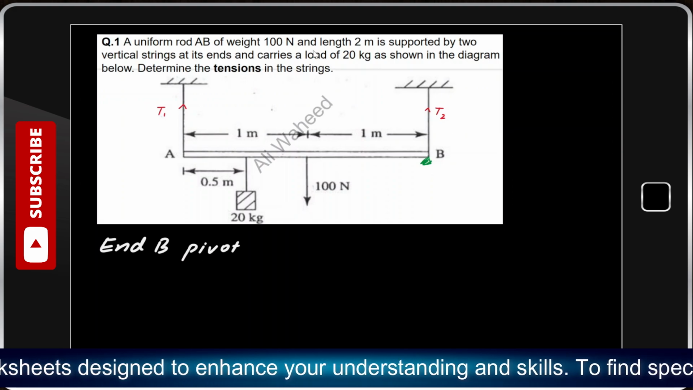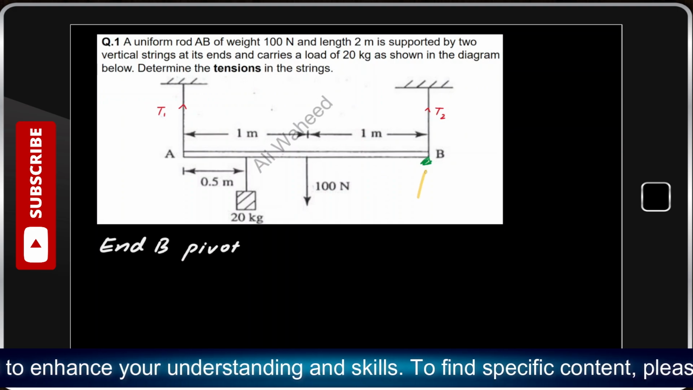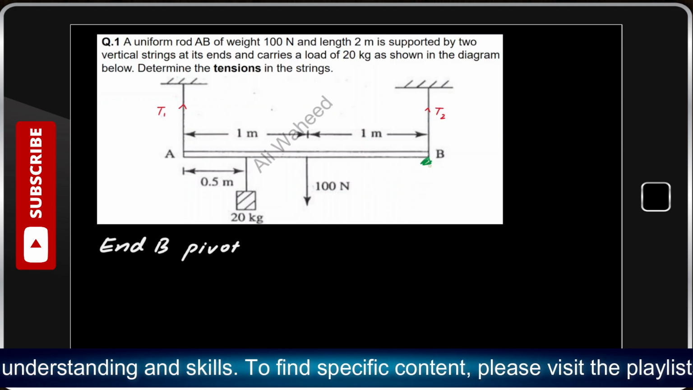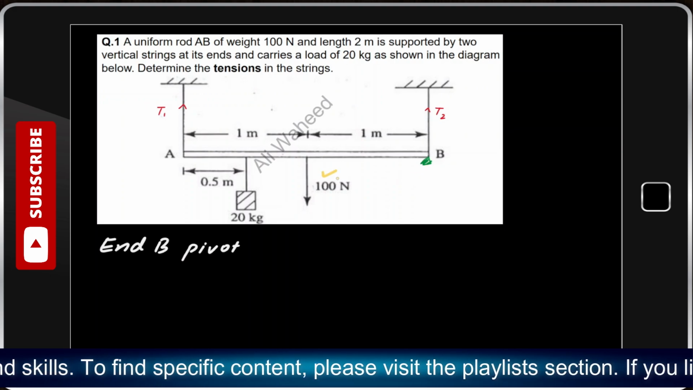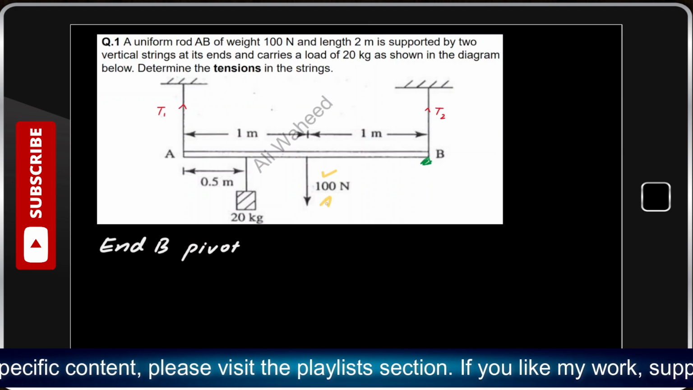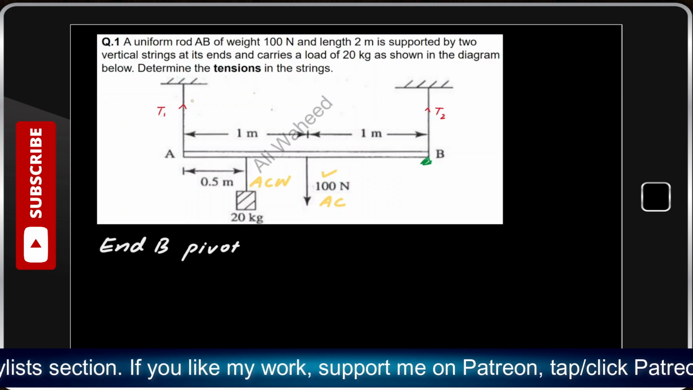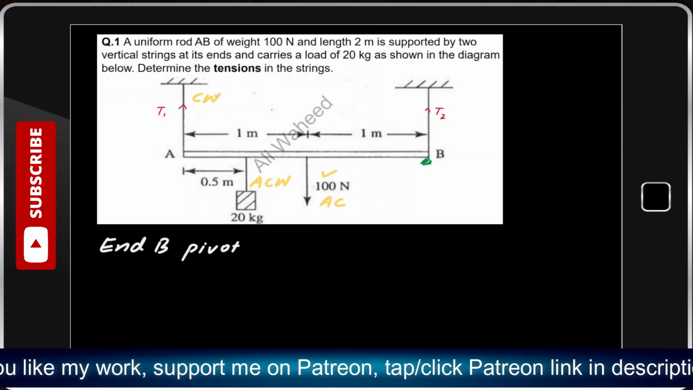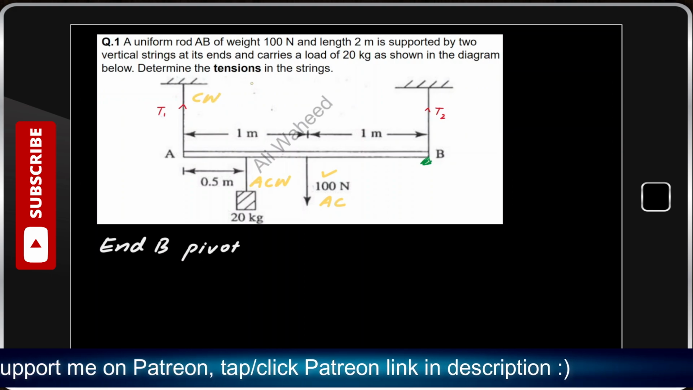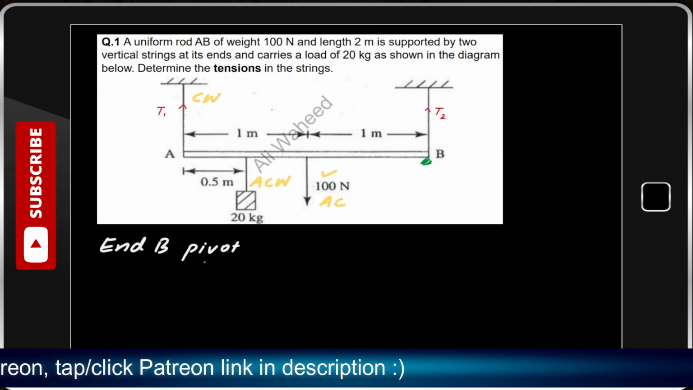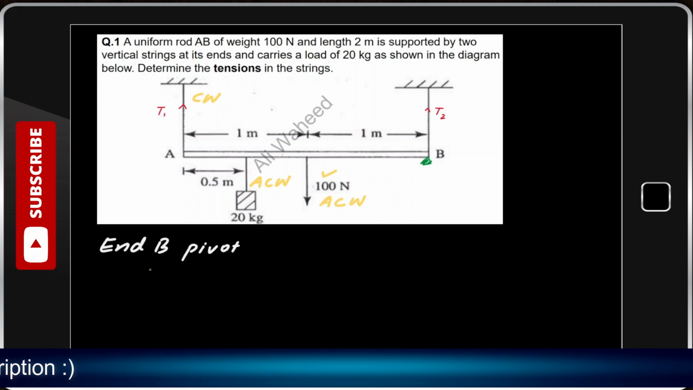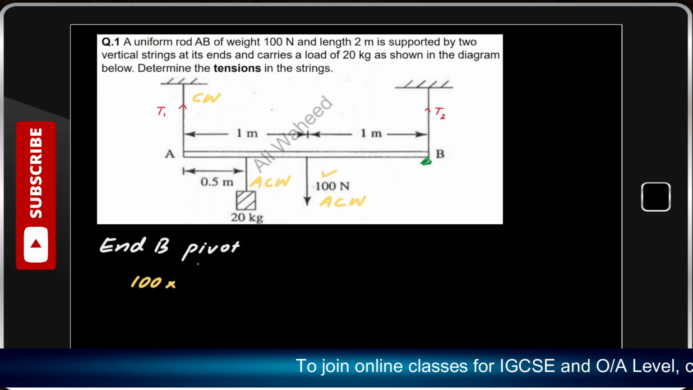Now since end B is the pivot, we have to look at this side for the reference. This one would produce an anti-clockwise moment, this one would also produce an anti-clockwise moment, and T1 would produce a clockwise moment. So we'll add the clockwise moments on one side, anti-clockwise moments on the other side. So the anti-clockwise, we have 100 times the perpendicular distance of that force from the pivot, which is 1 meter,